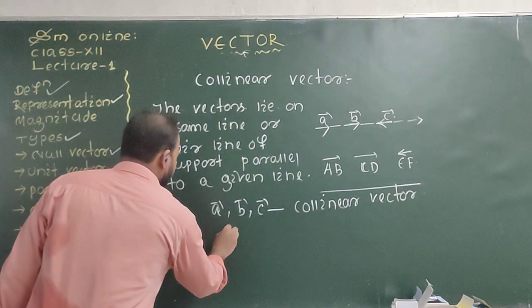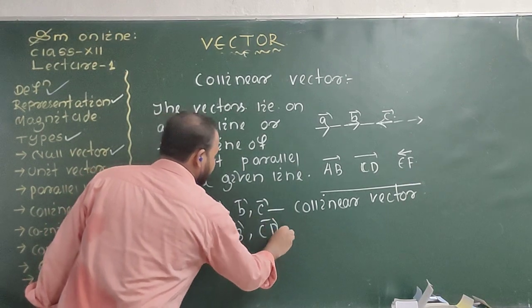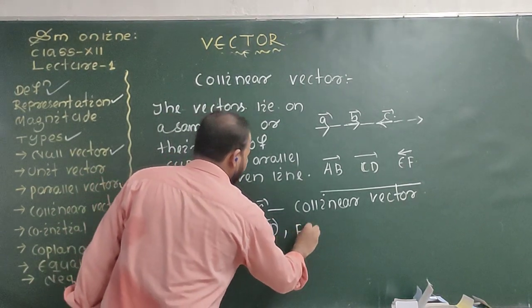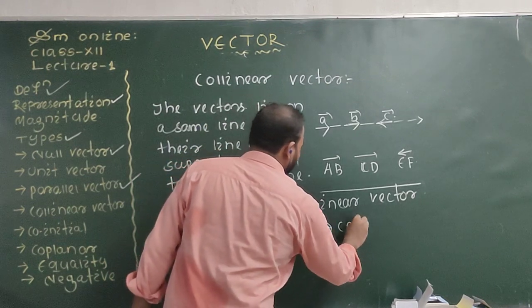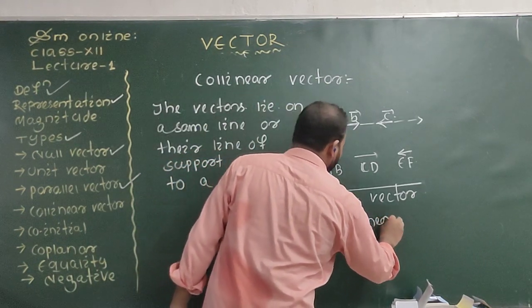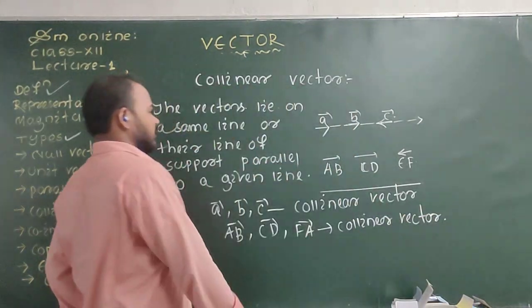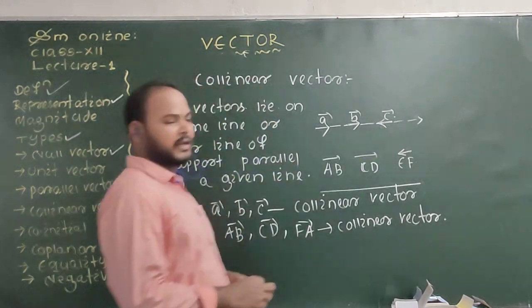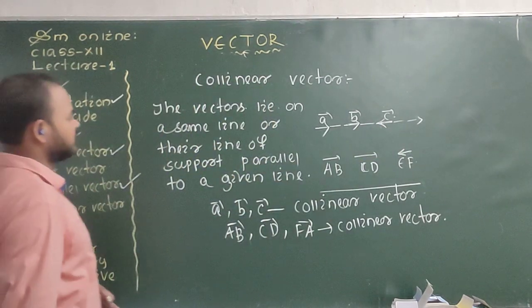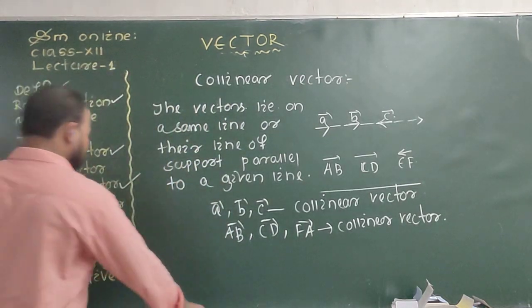and AB vector, CD vector, FA vector are also called collinear vector. Okay, arrow direction opposite is okay, but the single line is clear. So they are called collinear vector. Next, come to the point